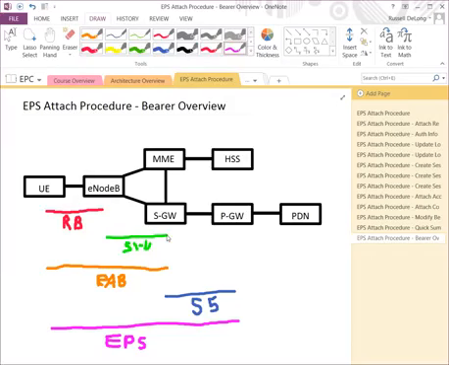So subscribers can go into different states, in particular the ECM idle state, in this context where he says, I'm not doing anything, I'm not sending any data, I'm not receiving any data, I don't need to maintain an active connection with any one cell site, because remember, I'm a mobile device, I can be traveling across the country. I don't want to tie myself to a single eNodeB, so I'm just going to be idle. When you're idle, you don't have the radio bearer, and you don't have this S1 bearer, you don't have this RAB, this radio access bearer. So you can say when you're idle, you tear down the RAB. But you still have this S5 connection, because you still need to have an IP address, and the PDN gateway still needs to know about you,